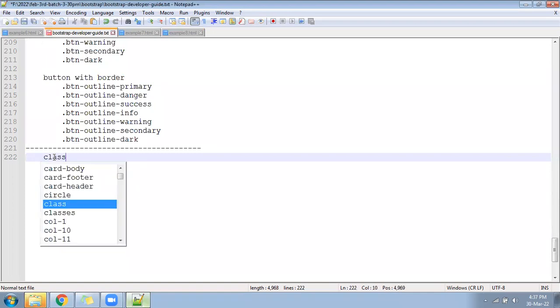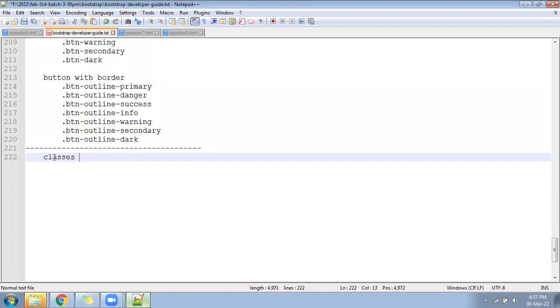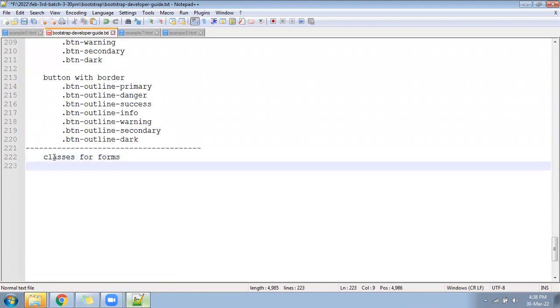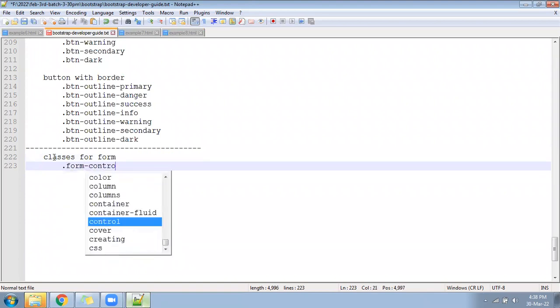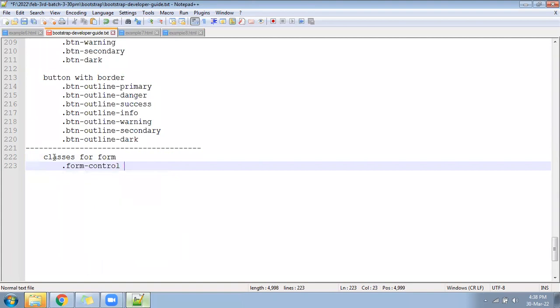Classes for forms. Classes for form you can write. We have a class called form-control. This class you can apply for text box,